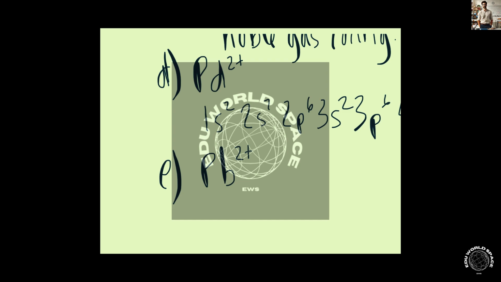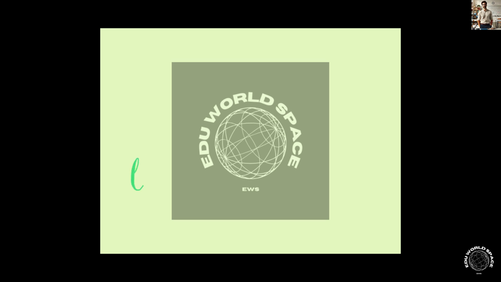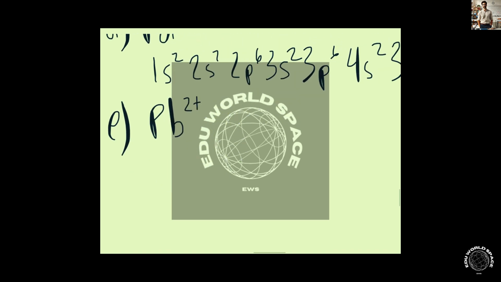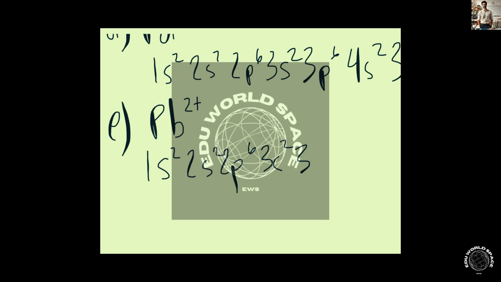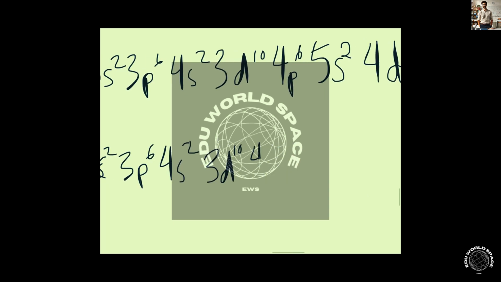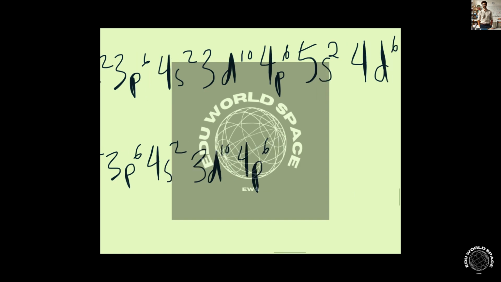Next, we're going to do lead. And so let's find that on the periodic table. Atomic number 82, and there's a +2 charge, so it lost 2 electrons. So, let's start from the top. 1s2, 2s2, 2p6, 3s2, 3p6, 4s2, we'll fill the 3d all the way, 3d10, 4p6,